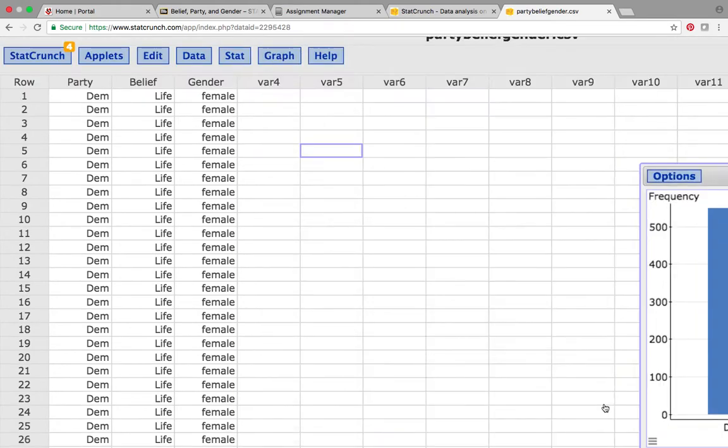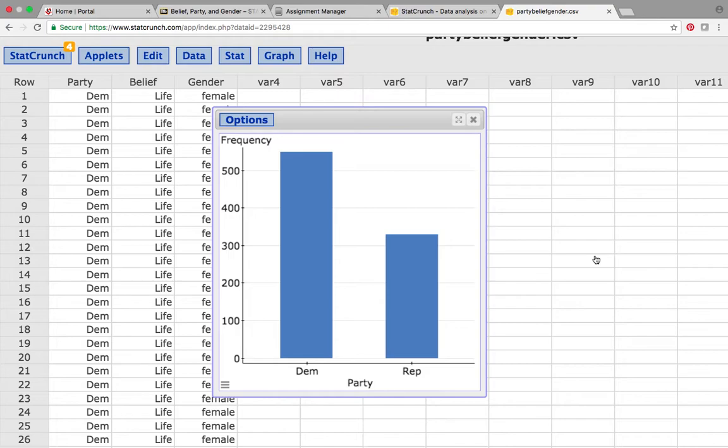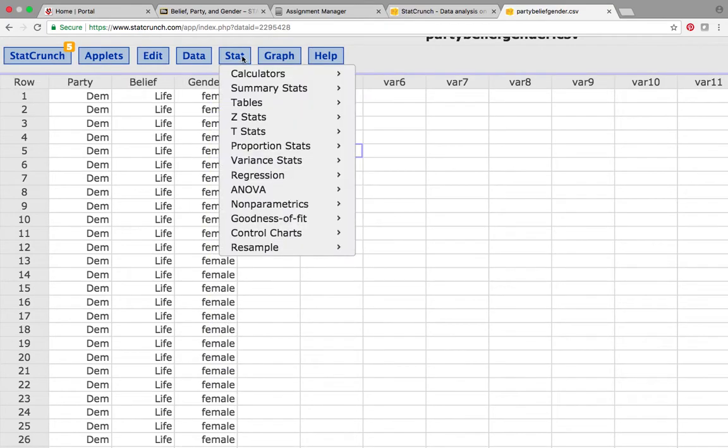So let's compute, and you can see that the bar chart it did actually turns out to be a Pareto chart too, because it started with the highest and goes down. Nice feature of StatCrunch is you can highlight the bar. It shows you that there's a frequency of 550 for Democrat, and I think there was 330 for Republican. We could also do